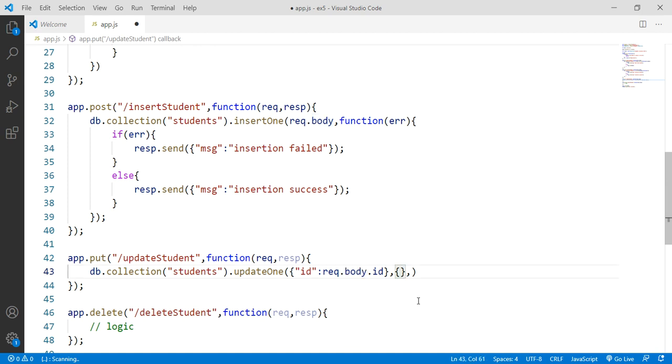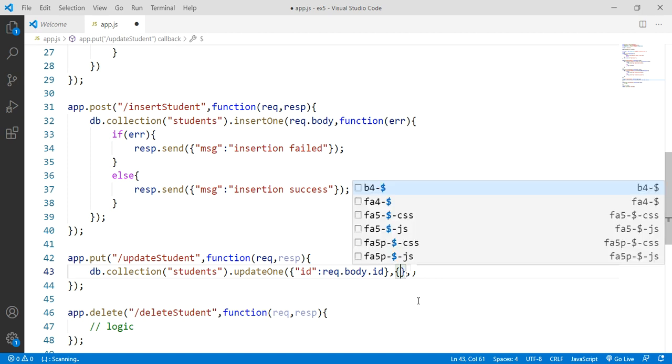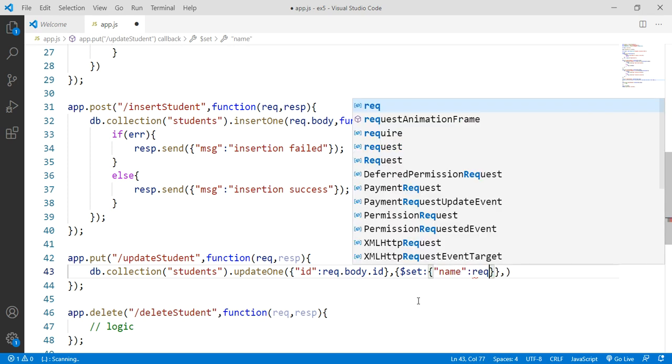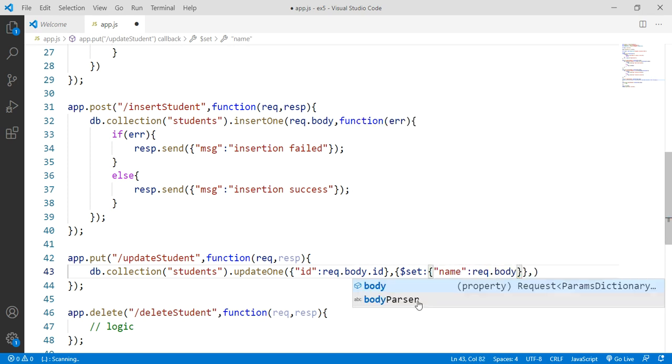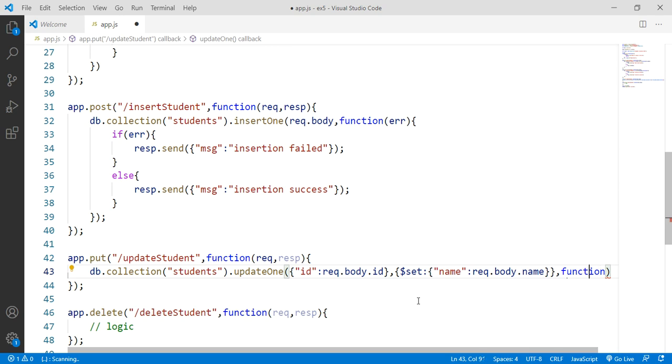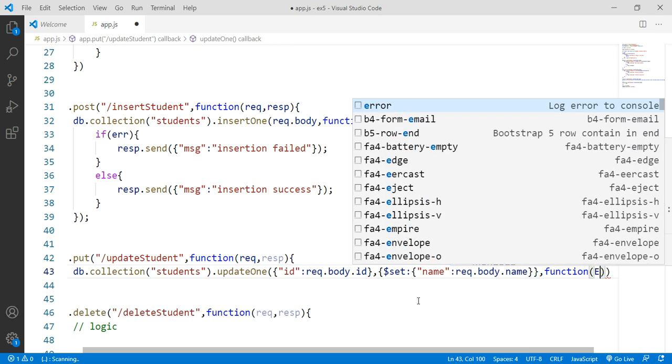So right now, $set: name equal to the request provided one, body.name. So a little bit longer function, which is expecting the error.